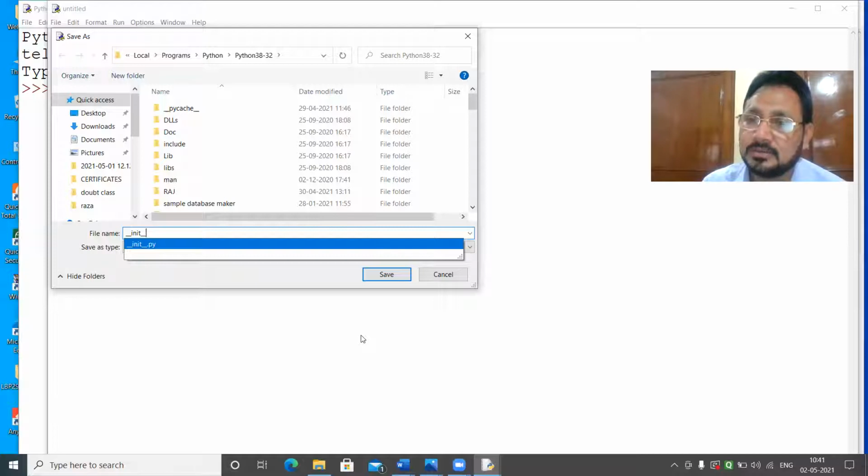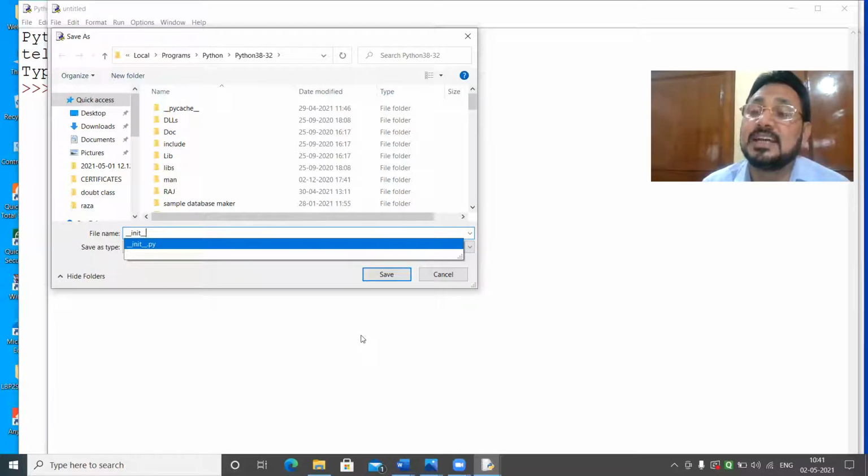Point is clear? Now, it is not always that the __init__.py file is empty. There is some coding possible, but actually that's not a part of your syllabus, so I'm not going to explain that part. This all depends on the requirement of our programming.